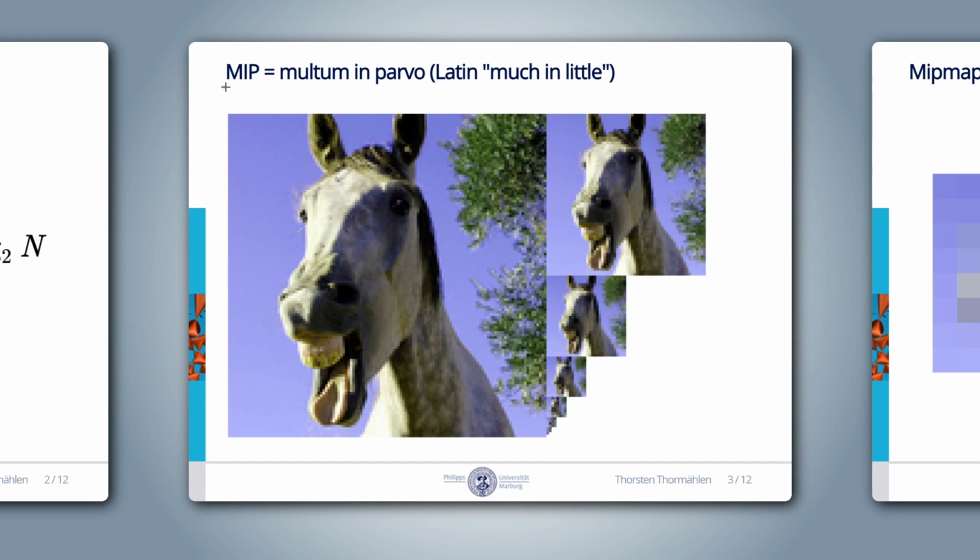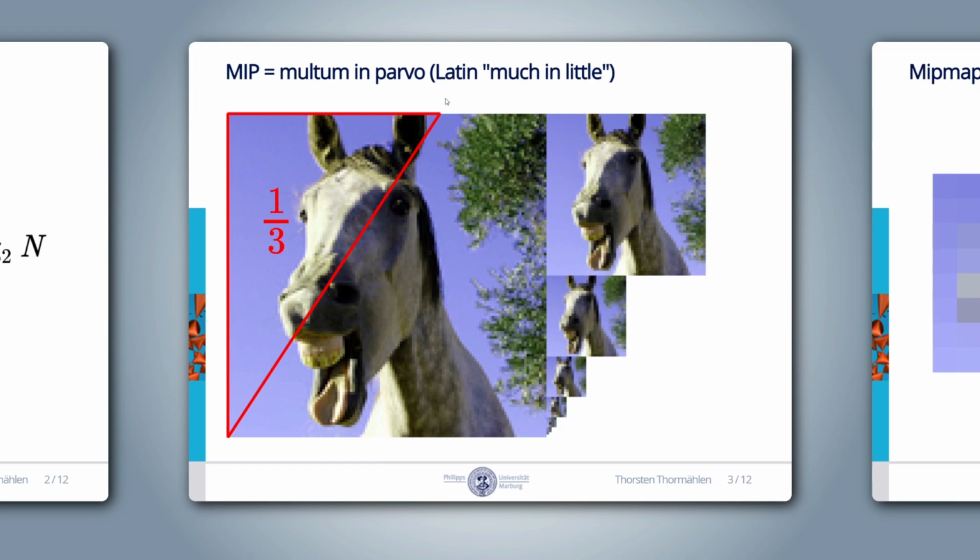The first three letters MIP from the name mipmap refer to the Latin phrase multum in parvo, which translates to much in little. This stresses the fact that mipmaps provide much information in little additional memory space. In fact, the additionally required memory is 1/3 of the memory we need for the input texture on the base level. To provide a visual validation, we mark a red rectangle that has a width of 2/3 of the input texture. If we cut this rectangle in half, the area of the resulting triangle is 1/3 of the original image.